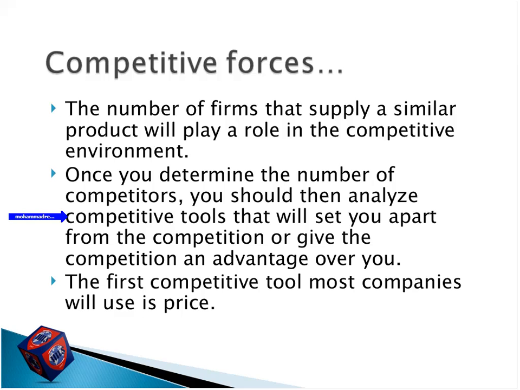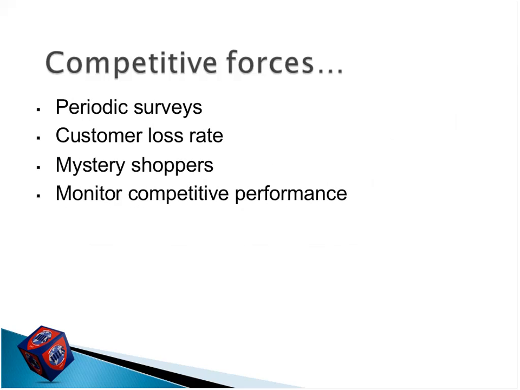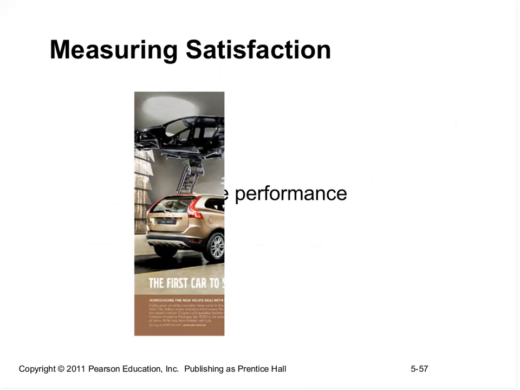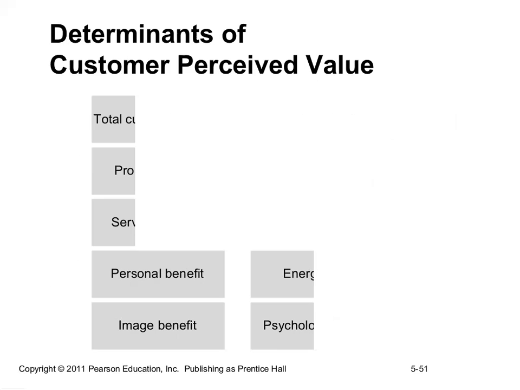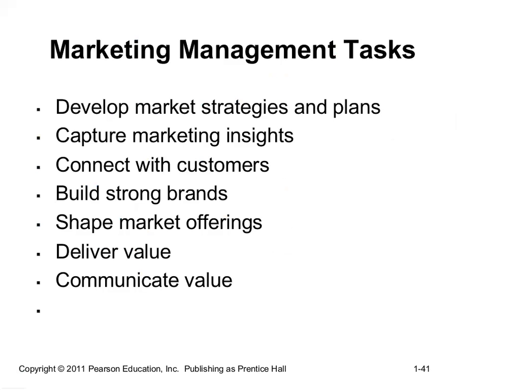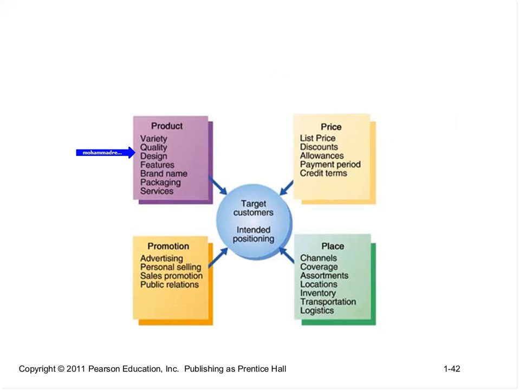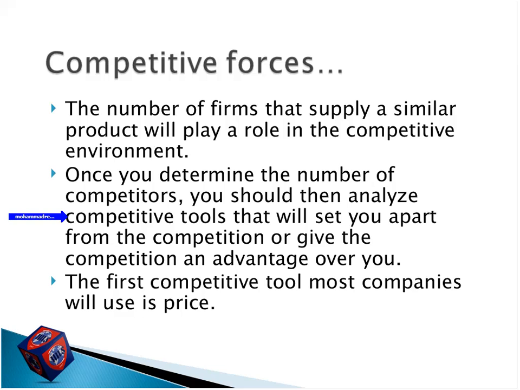And also you mentioned high quality promotion, very good. Price, promotion, product, and place are four important parts of the marketing mix. Do you remember the marketing mix? The 4 P's, yes, correct. Four P's: product, price, place, and promotion. Each one can be a competitive tool, and through different strategies you can